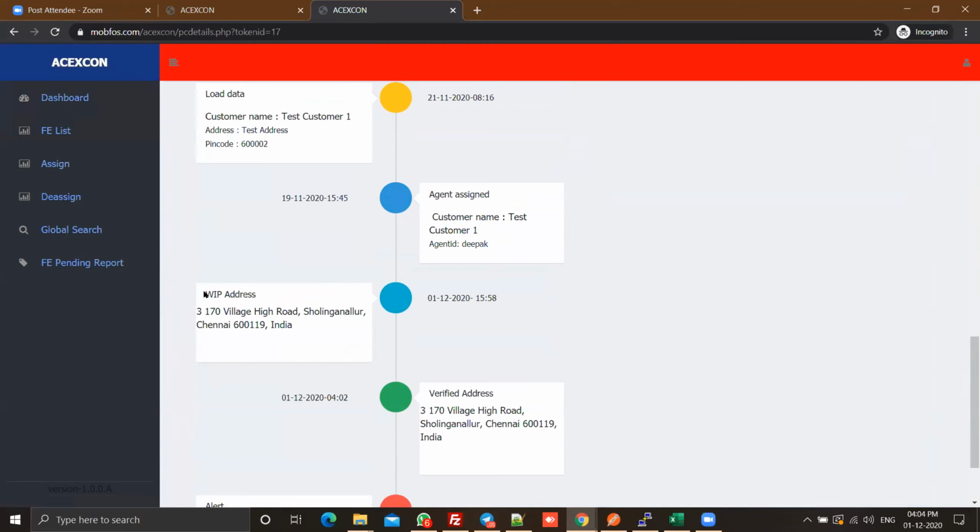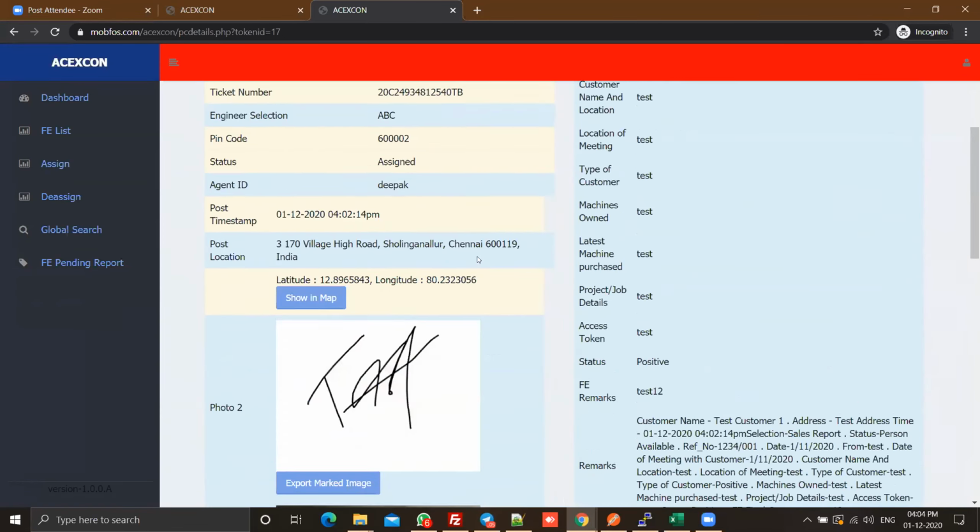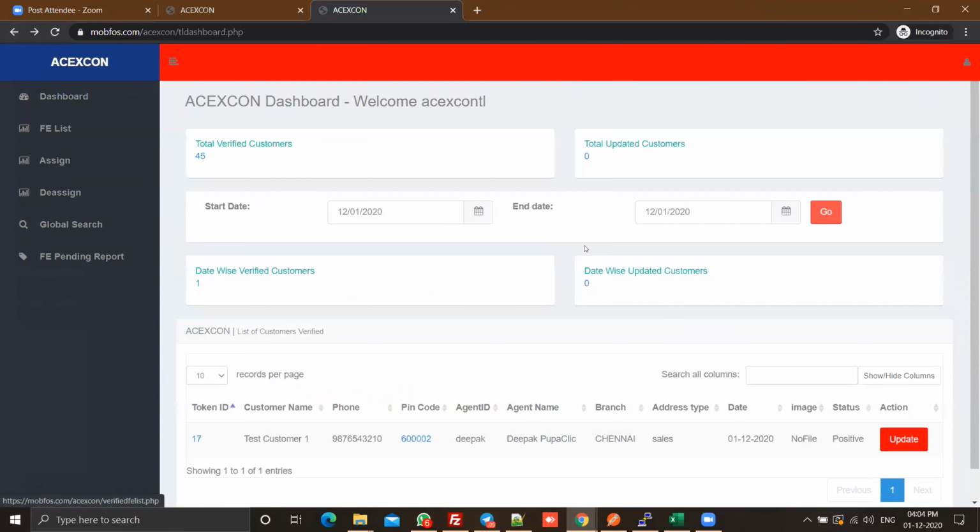Okay. We have the work in progress address and the verified address as well. We've taken the geolocation, so we reverse convert that into an address, and we show that here. All those are shown as well. Okay.